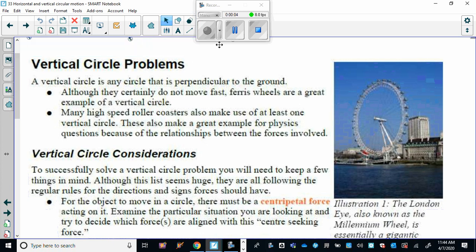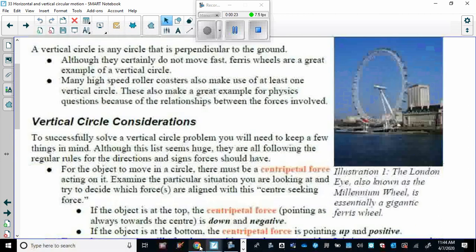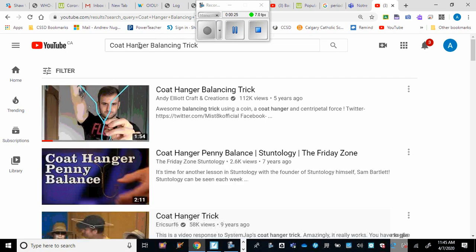Vertical circles are a different ball game altogether. They're different because now gravity comes into play. Whereas in horizontal circles, gravity doesn't come into the equation, in vertical circles it does. But before you do that, you should go to YouTube and Google the coat hanger balancing trick and just watch